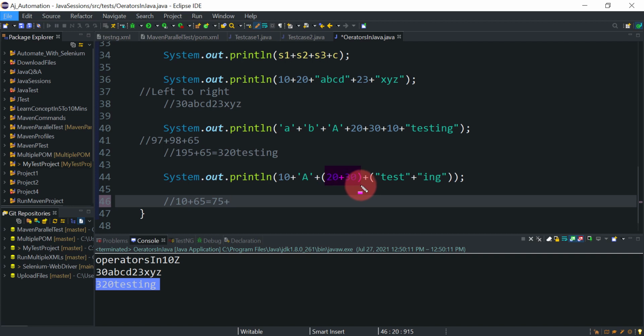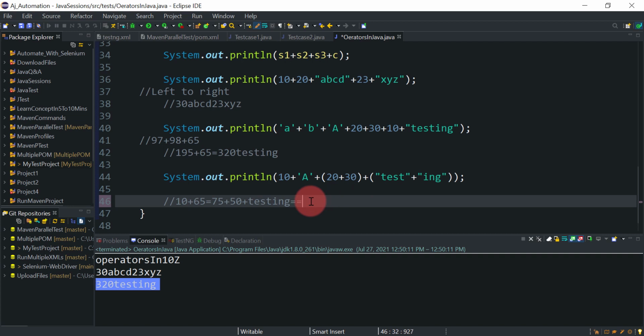It will not add this 20 to this 75 directly. It will first calculate the result of this bracket. So the result of the bracket is 20 plus 30 is 50. Again, it will solve the bracket first. In the bracket we are doing concatenation of test and ing, so here we will get testing.